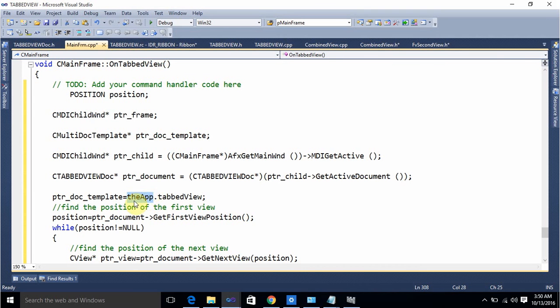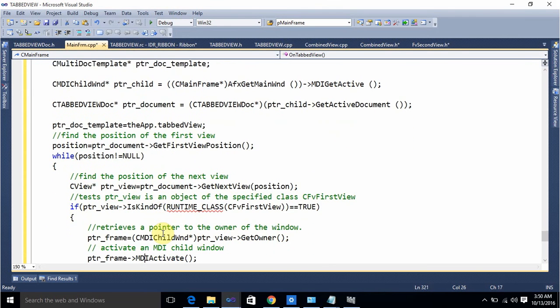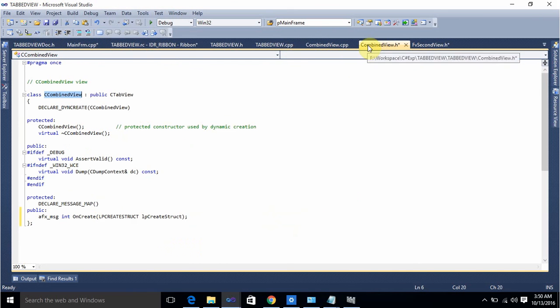You don't have to create it, just type app and you will be able to access all the members of the application class. If you type dot, it will list all the application class members. Next we have to give the class name of the view that we want to display. Here I want to display this combined view, so we have to give the combined view class. The class name is declared here. You can see CCombinedView is declared inside this header file. Copy this,